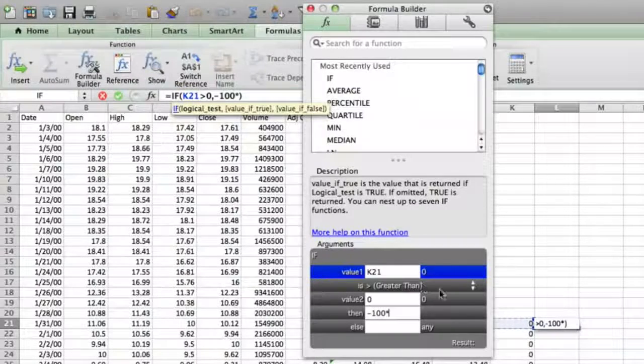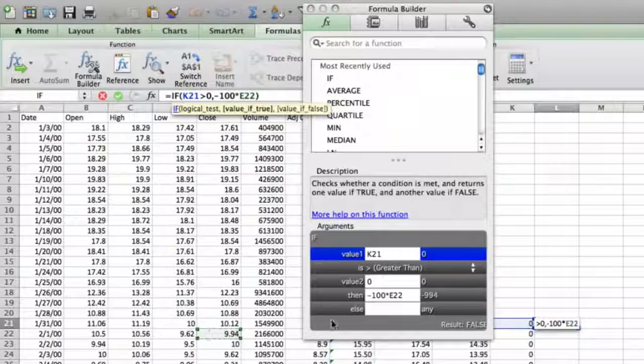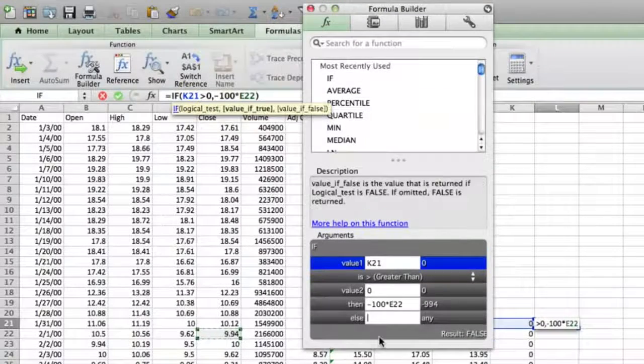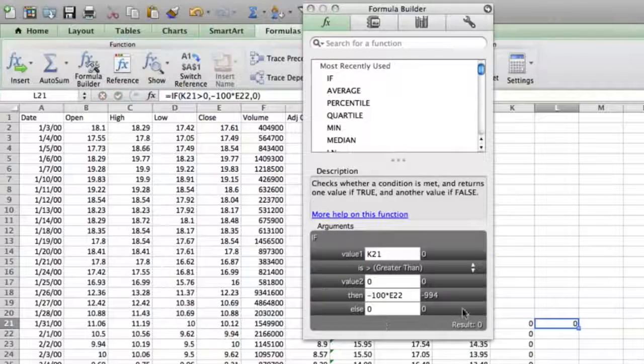So I'm basically saying if this is greater than 0, I want to close out my position on the very next day, the very next close, to be more specific. So the next close would be this one, 994. Else, if not, then just put 0. So double click that there,